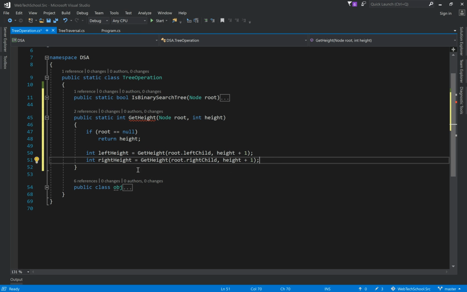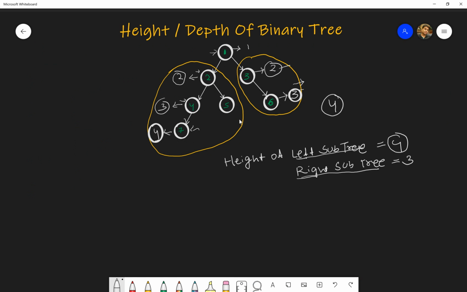Once this recursion completes, we will have the height of the left subtree as well as the right subtree. Now how can we get the height of the complete binary tree? Whatever is the maximum value between the left subtree and the right subtree, that should be the height.